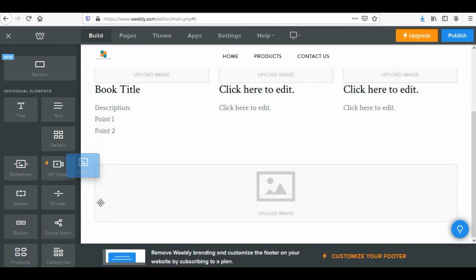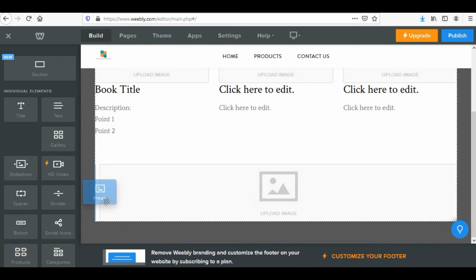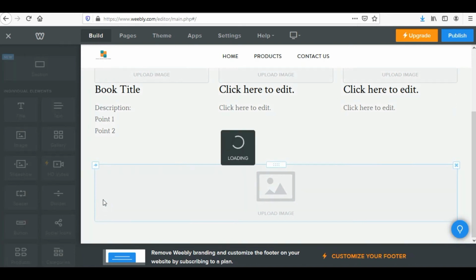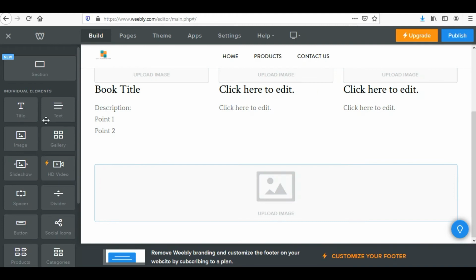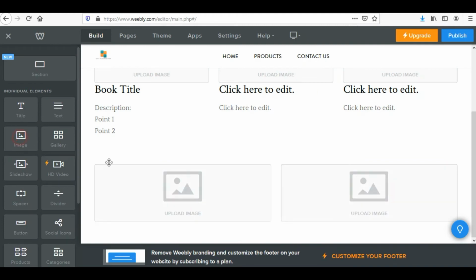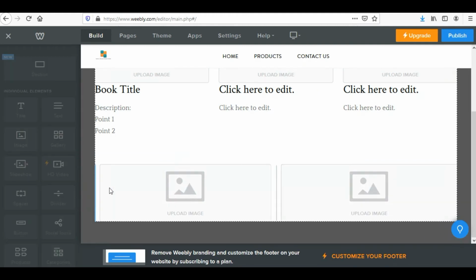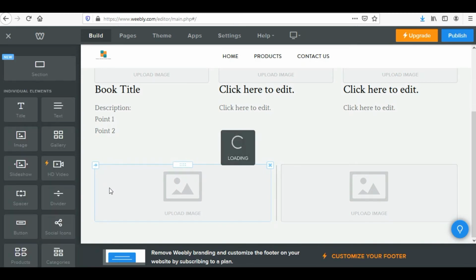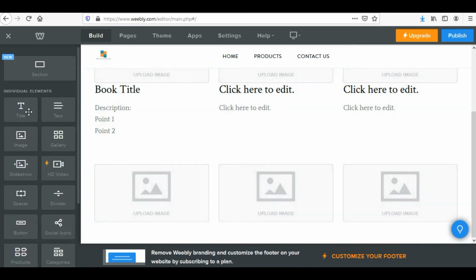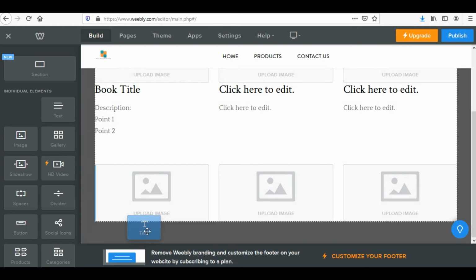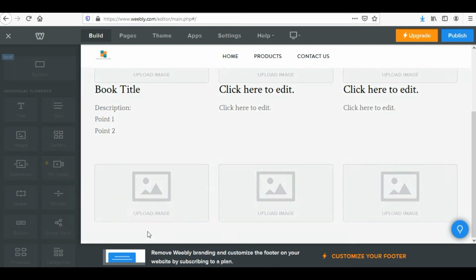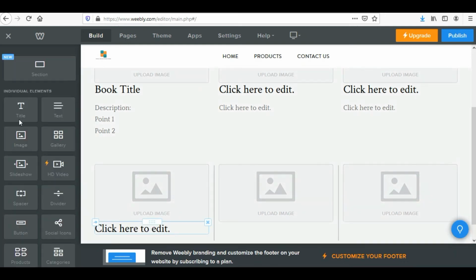I would bring one more image, divided into two parts, and third one I'll again bring over here. So now page is divided into three equal parts again. Now underneath every product image, title of the product. So I would be putting the element of title and text.